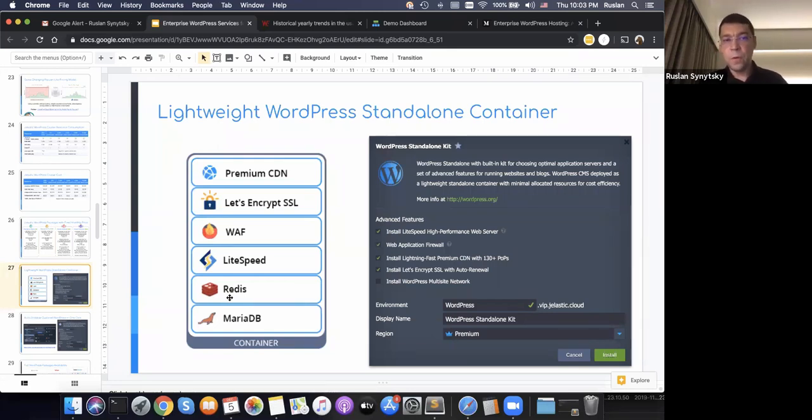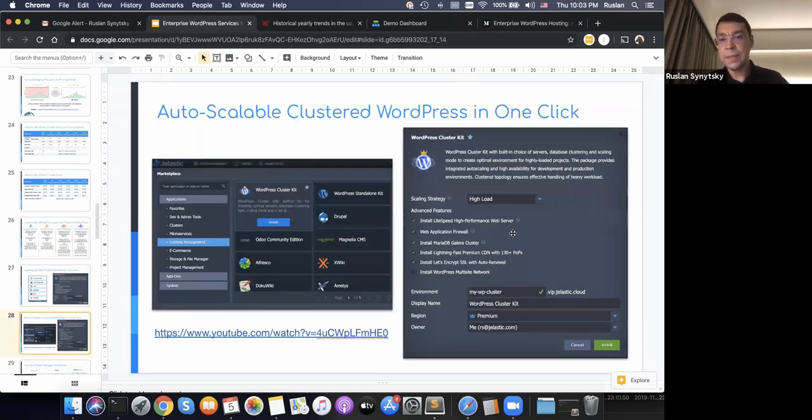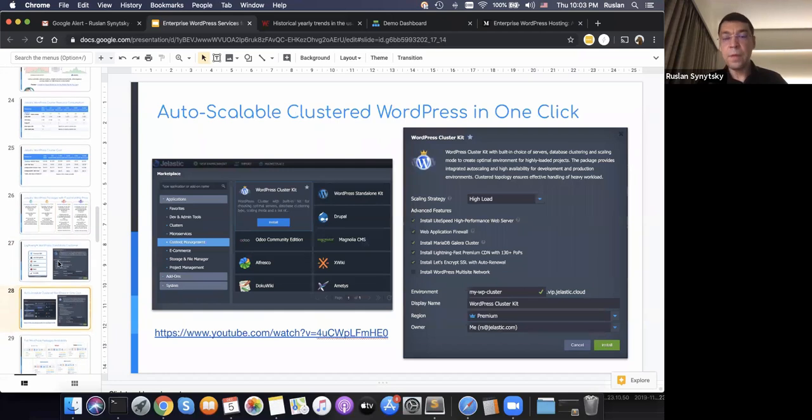Again, as I mentioned, it's good for performance, but for high availability, you still have to have a cluster. Otherwise, if the physical node goes down, or your container goes down, your website will go down as well. This is why we recommend to consider clustering when you have large traffic.